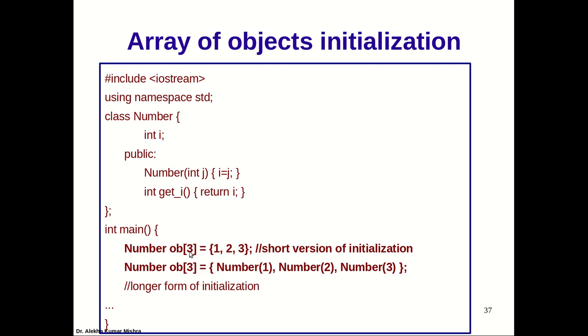Now coming to the initialization part. If your class is designed such that there is only one data member in the class, or the data member could be anything, we will not put any restriction on the number of data members, but we have defined a parameterized constructor that takes only one value for initialization, then we can use the first line to initialize an array of objects, exactly the way we do it for primitive types.